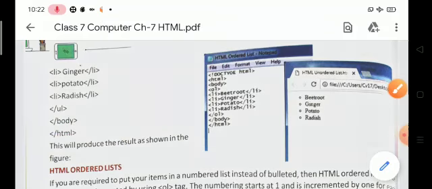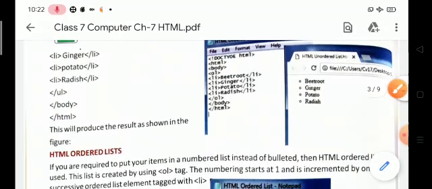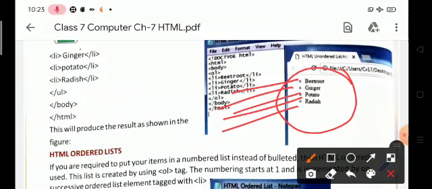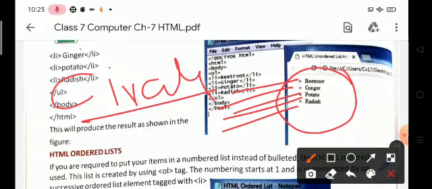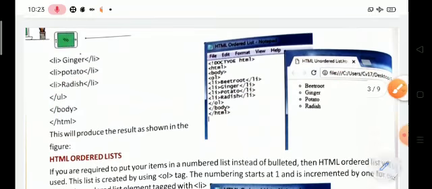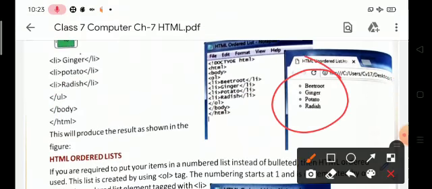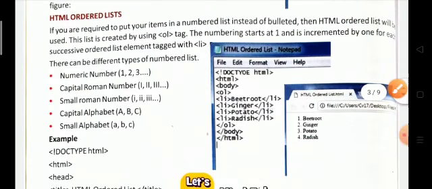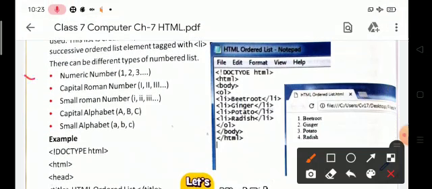This will produce a result that looks like this: beetroot, ginger, potato and radish. Look at these bullets, this is the circle. This type of list is known as an unordered list.